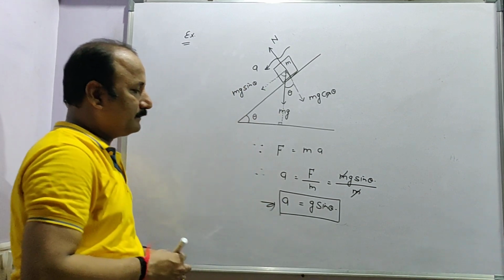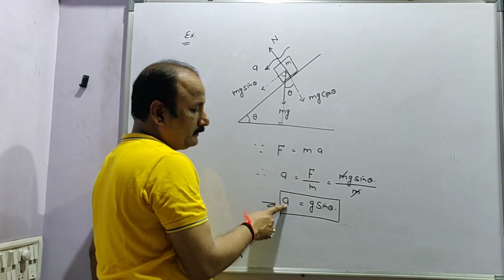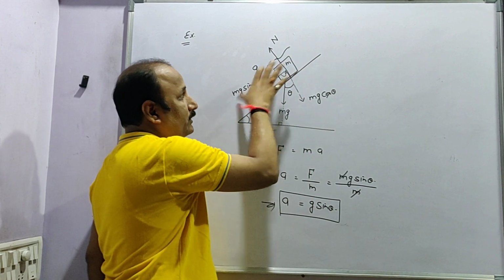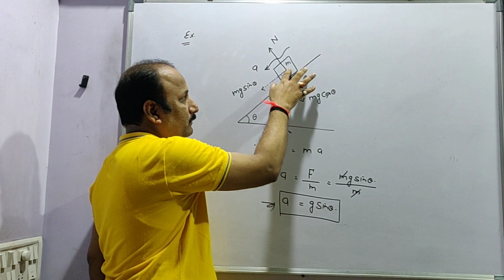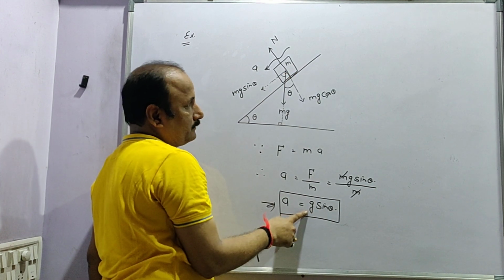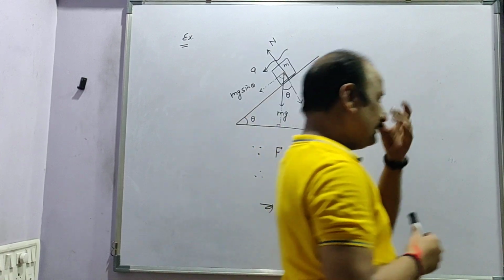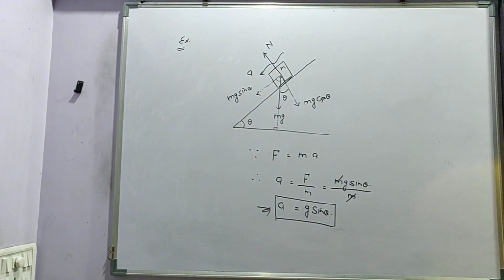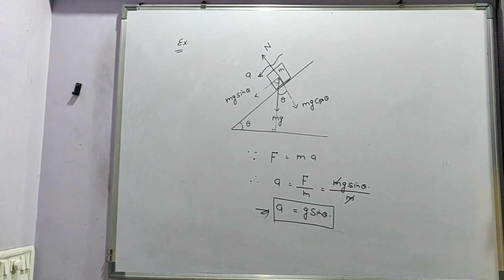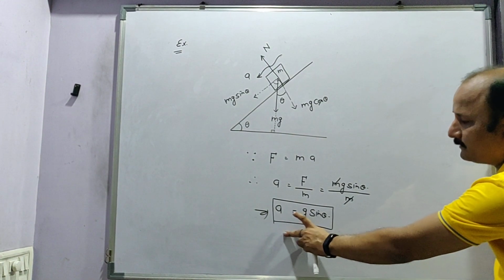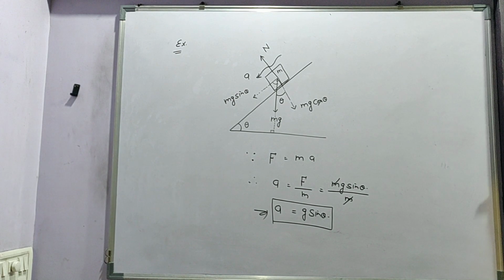From this result we can see the acceleration is only a function of theta, means acceleration of this block is independent of mass. मीन्स अगर सेम इंक्लाइन प्लेन पे अगर आप 1 kg मास लेते हैं और 1 kg मास का एक्सेलरेशन g sin थीटा है, मीन्स अगर आप 2 kg मास लेते हैं तो भी एक्सेलरेशन कितना होगा, g sin थीटा, बिकॉज एक्सेलरेशन इज इंडिपेंडेंट ऑफ मास, मास पे वो डिपेंड नहीं हो रहा है.